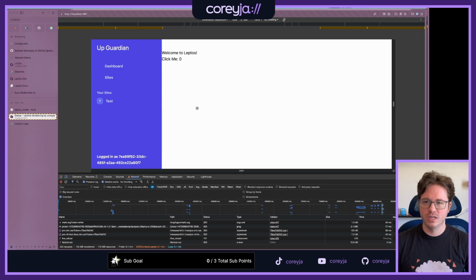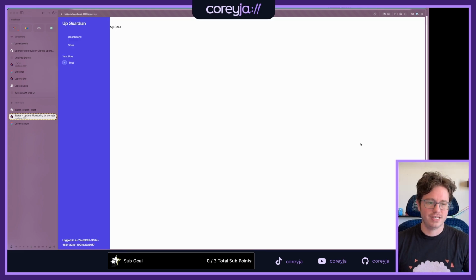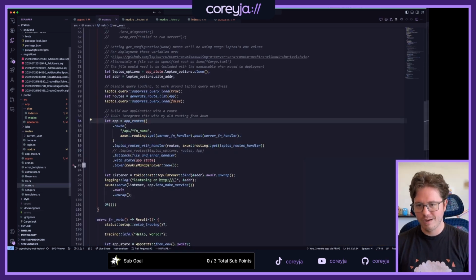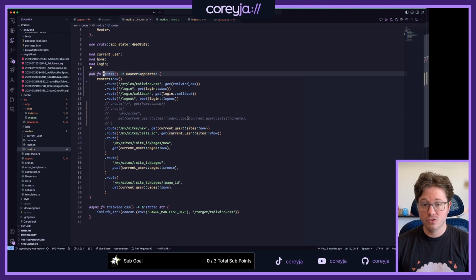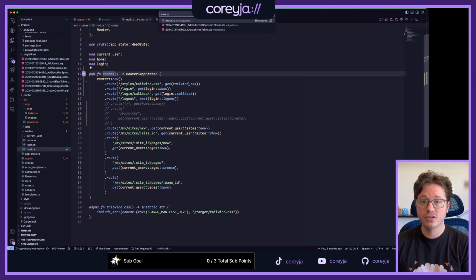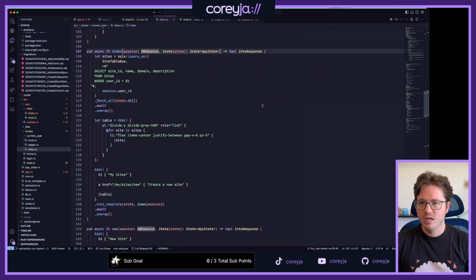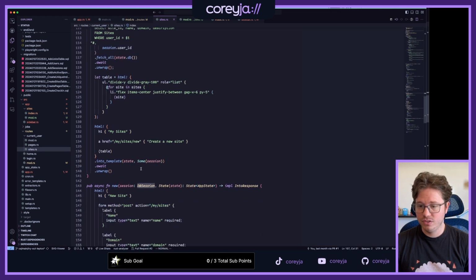Okay, awesome. We have our sites page. Now let's populate it with some stuff. To do that, let's find what we just commented out, because we had that nice app routes, and we had this whole page. We had a get here for the sites index, the current user sites index. There we go. So look, we got some data and then we built a table.